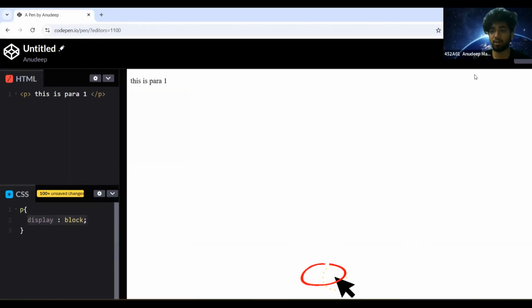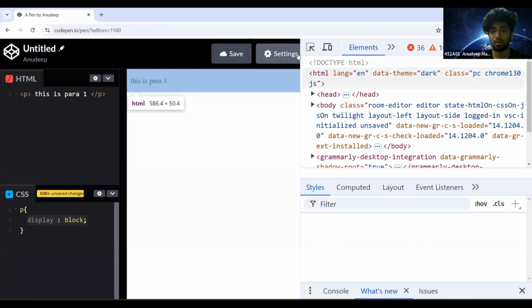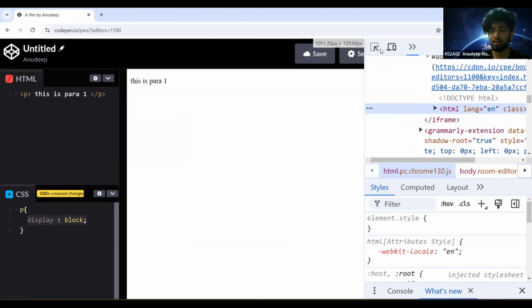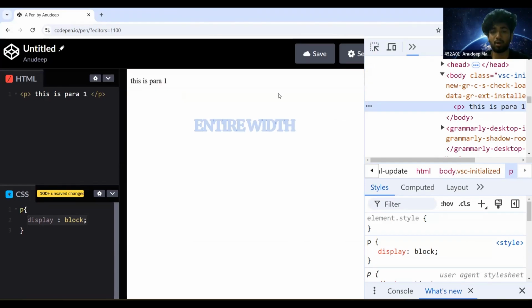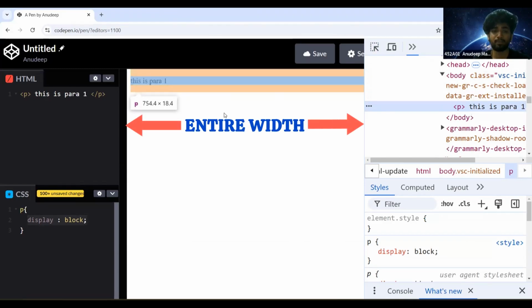Now see, I'll inspect here. When I hover on this, can you see that blue part, that content? So basically whenever an element is display block, that content is taking the entire section. It will occupy the entire width of the screen. But